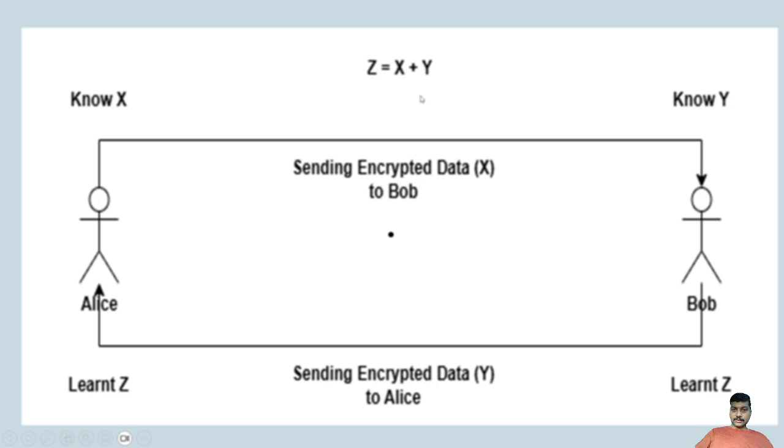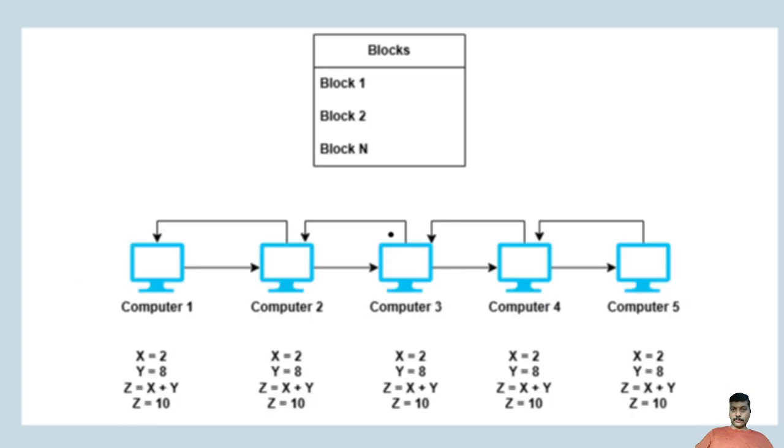But that's not the case with the smart contract programs. Let's say the same program where z equals x plus y, and you have different computers. Each computer will have the smart contract program, and it will execute all the inputs because it has all the inputs. So it is a deterministic state where the same program and the same input values are given to different computers or different parties who are part of this